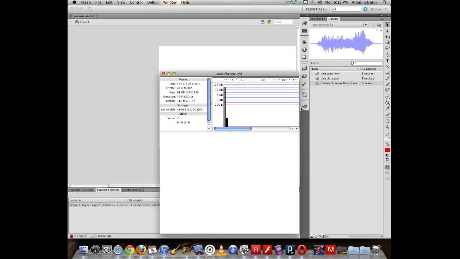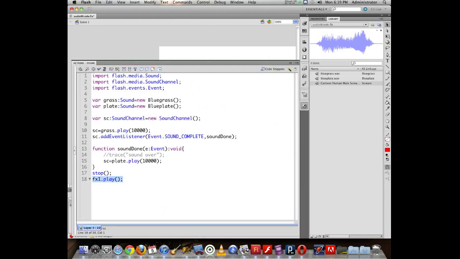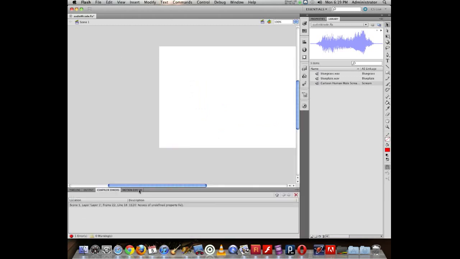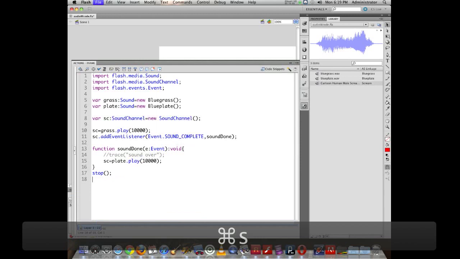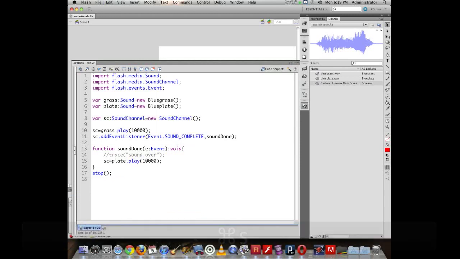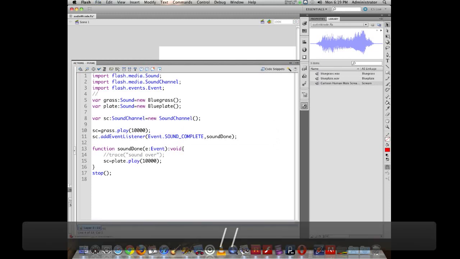So if I test my movie, or not. Oh, and notice how I was able to double click on the error message and go to where I was doing that little demo line, left a little thing of code in there that I didn't need. So if you're going to leave code in your project, make sure it's working code. Otherwise, comment it out. It's really recommended as you're doing things, even to add in a line and go,